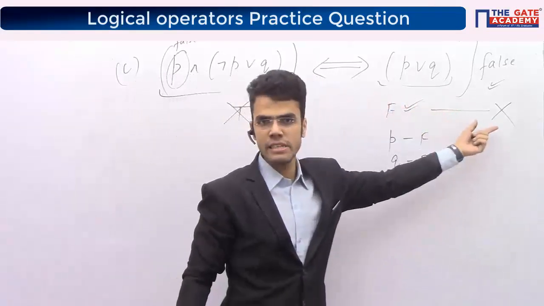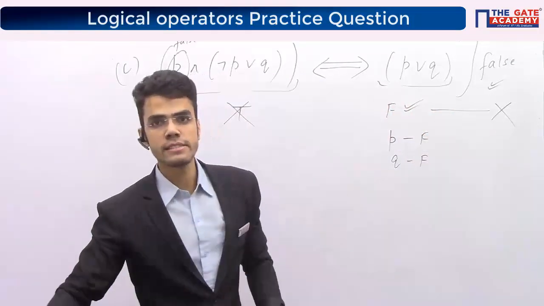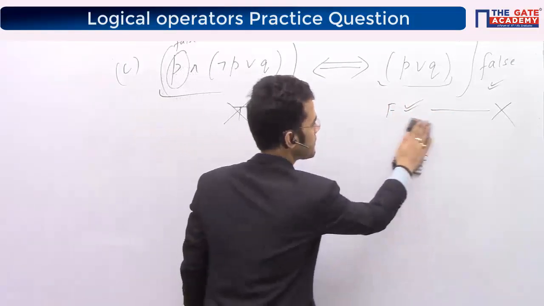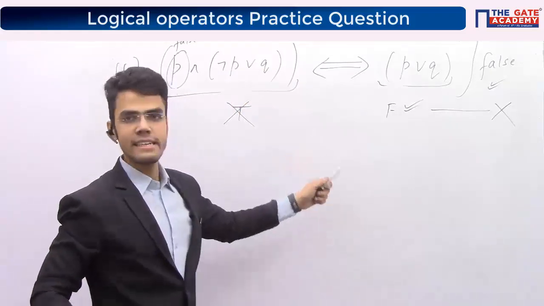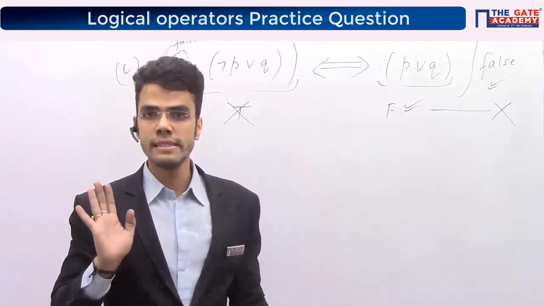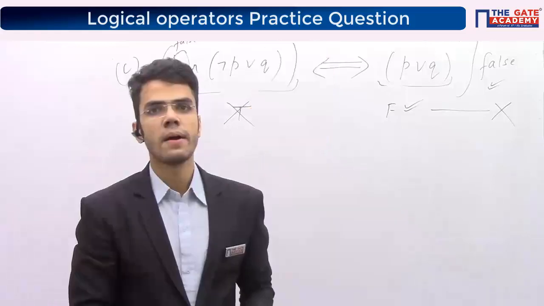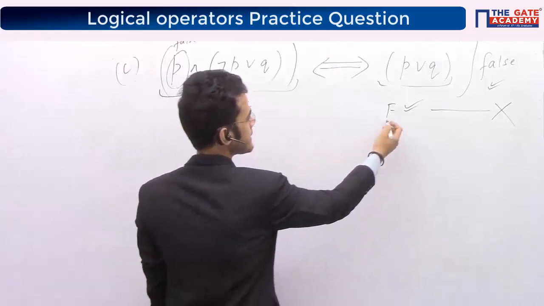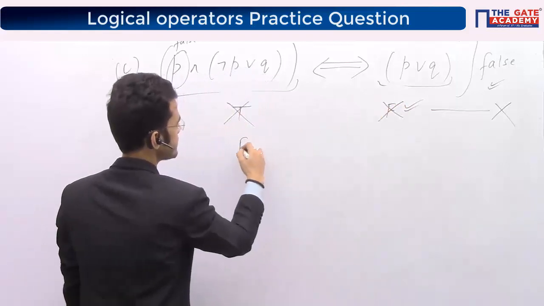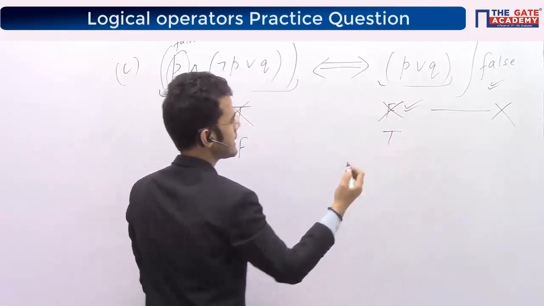So my first case failed, but still I need to check for the second case, right? So my first case failed. I need to check for the second case. Is this clear? First case, Amya and Subhajit, is first case clear? So second case, let's try for second case. So first case failed. Second case says this false, this true, right?